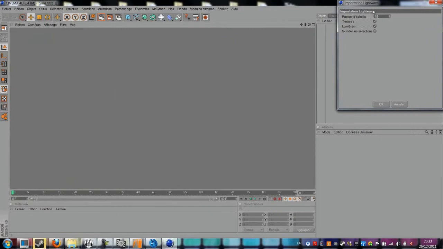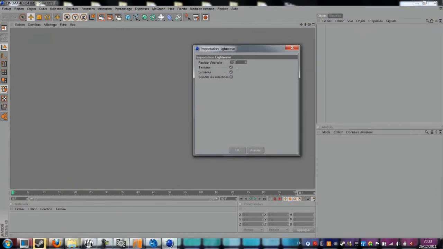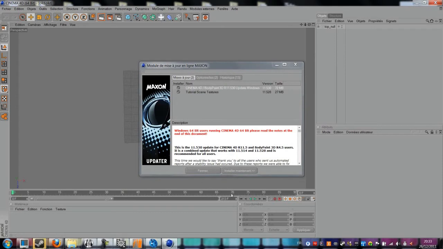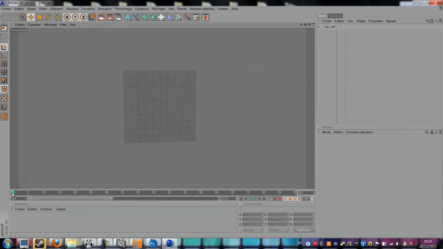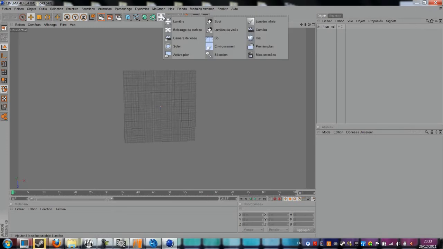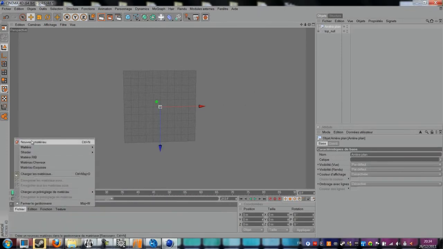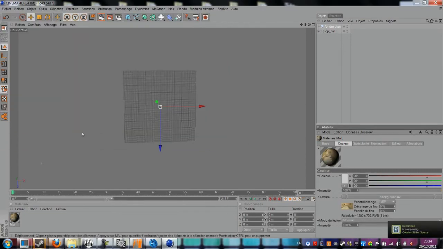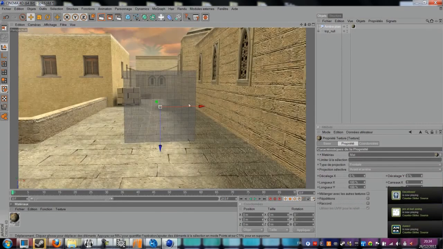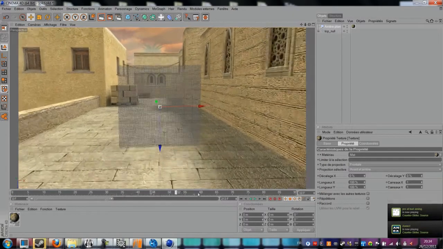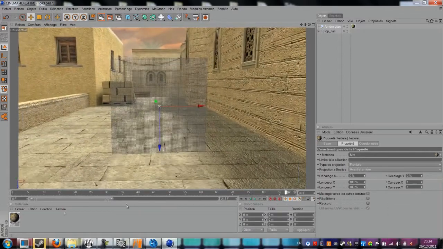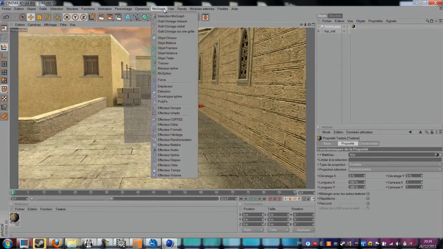For C4D, we have to open your C4D file you saved. Then if they ask you the scale, just write 100 and click OK. Now click on the sky icon and choose background. You have to add a new material, so use the file we rendered, so the sequence, like we did with After Effects, and now you can add this material to the background.